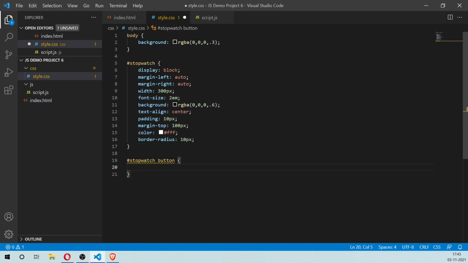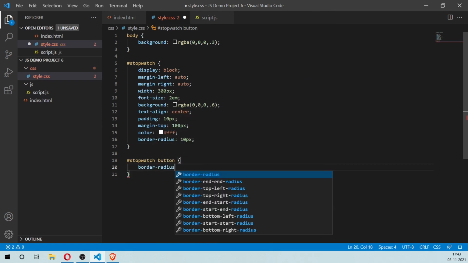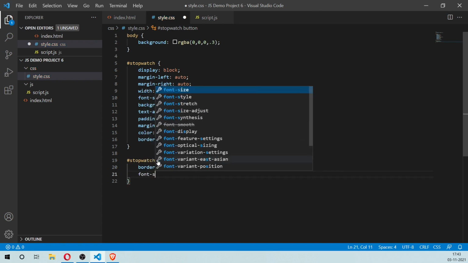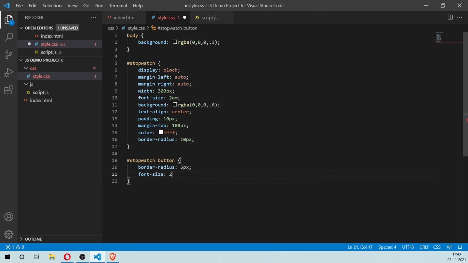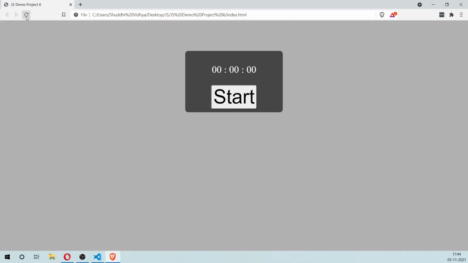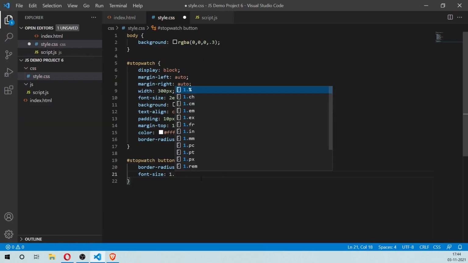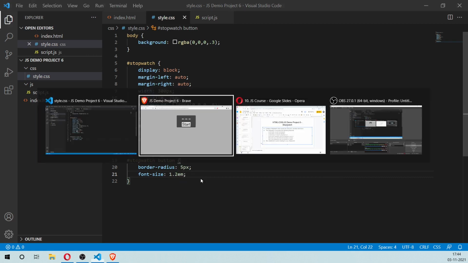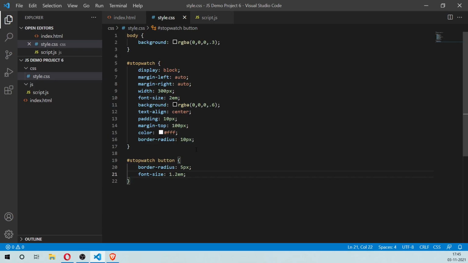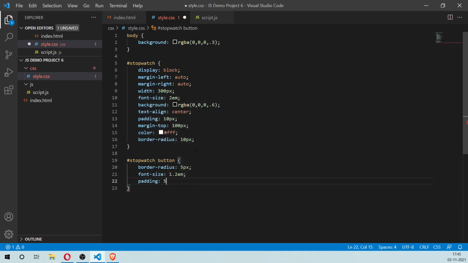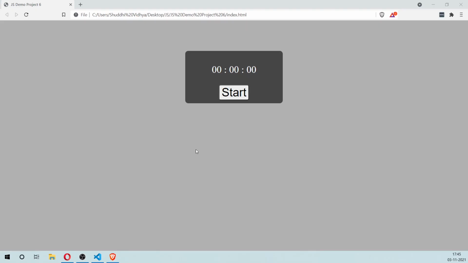And here I'm going to give it a border radius of 5 pixels and font size of 1.2em, and also I want to add a padding of 5 pixels at the top, and then on the left and right I want to have 10 pixels.